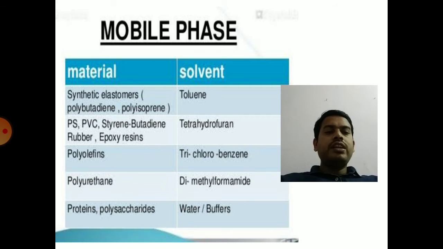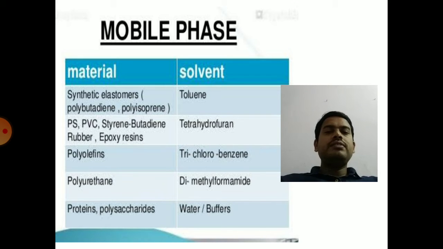So the stationary phase is filled with Sephadex or silica or polystyrene, etc. These are the stationary phases. While coming to the mobile phases, if you are using biological compounds like proteins and polysaccharides, we will be using water and buffers as mobile phase for the elution of your solute particles. For example, if you are going to separate a mixture of proteins based on size, you will be using buffers of different concentration. So these are the mobile phases.